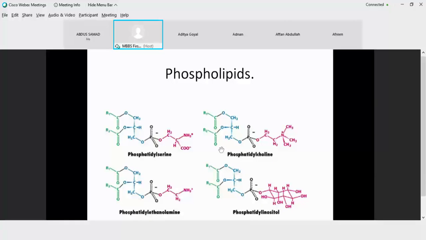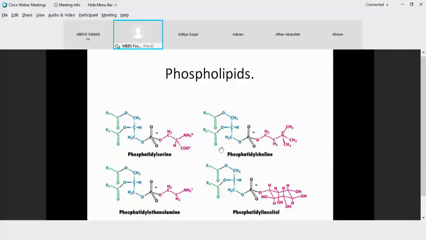Now these are different classes of phospholipids. As we have already discussed, what is conserved is the phosphatidic acid. So in every structure, what is the same is the green part, which represents the fatty acid. There have to be two fatty acids. The type of fatty acid may change, but there have to be two. Then the blue part is your glycerol, the backbone to which these fatty acids are attached.